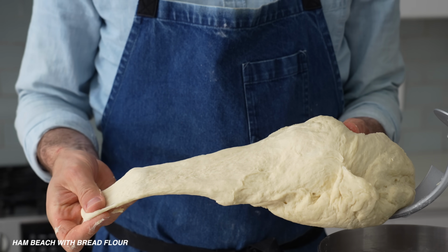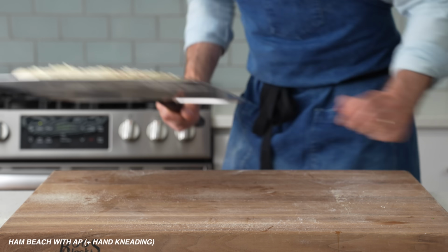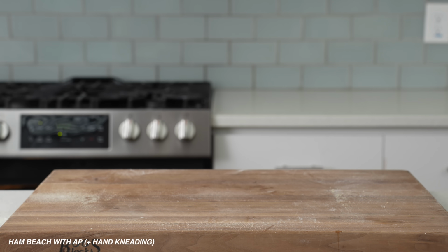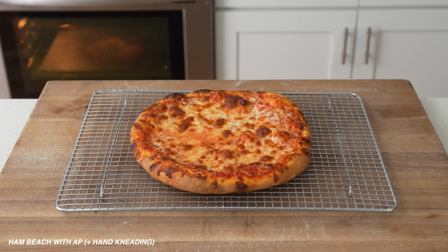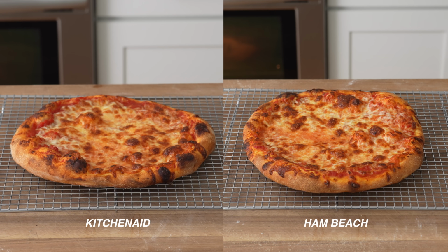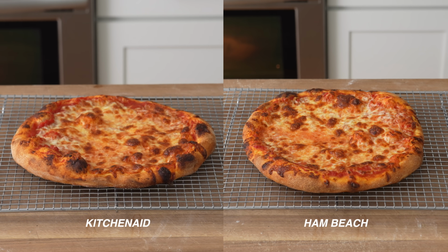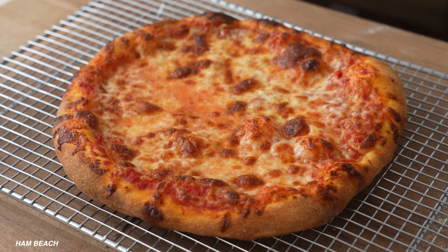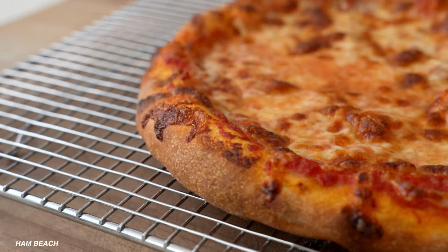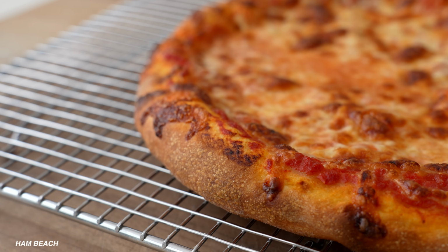For the final comparison, I baked the slightly wetter AP flour-based dough that we ended up kneading by hand next to the KitchenAid one. And as you can see, that pizza ended up giving us a totally passable pizza crust. Here's the KitchenAid version for comparison. They're just about the same. And if you only made drier dough with stronger flour, I would say you could totally get away with this